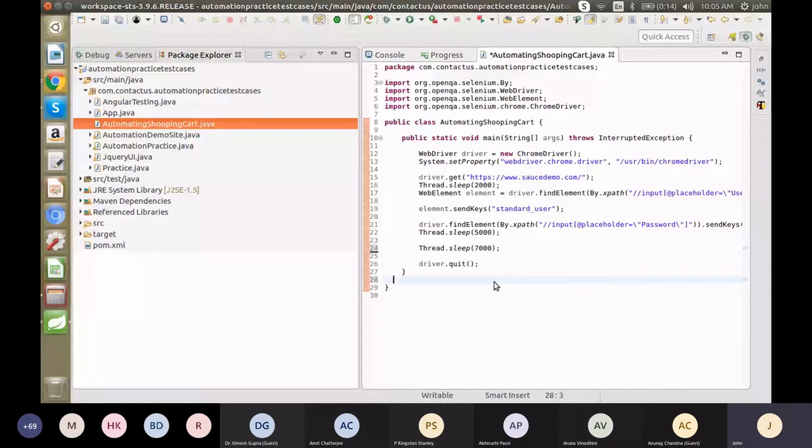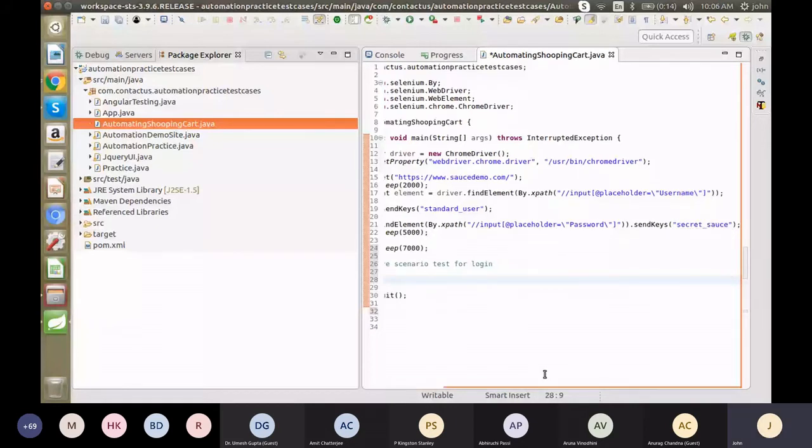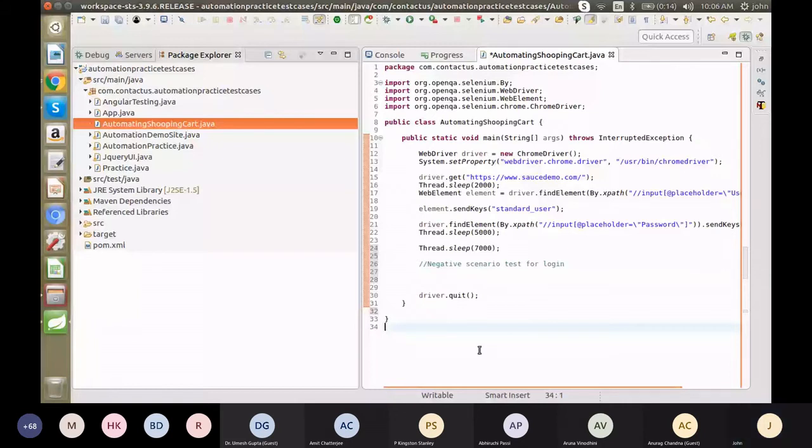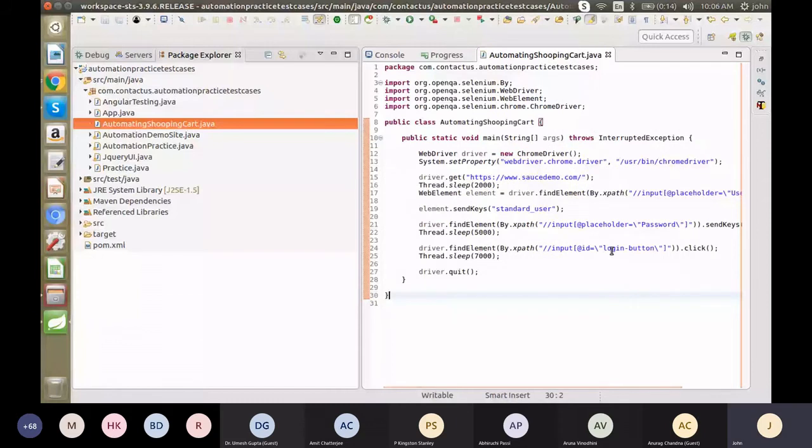We can mention some comment. So this is a negative scenario. Once the page is loaded, we can directly click the login button and then we'll capture the particular error messages.